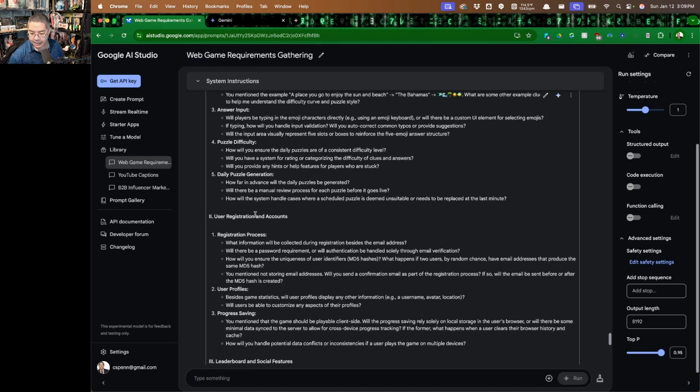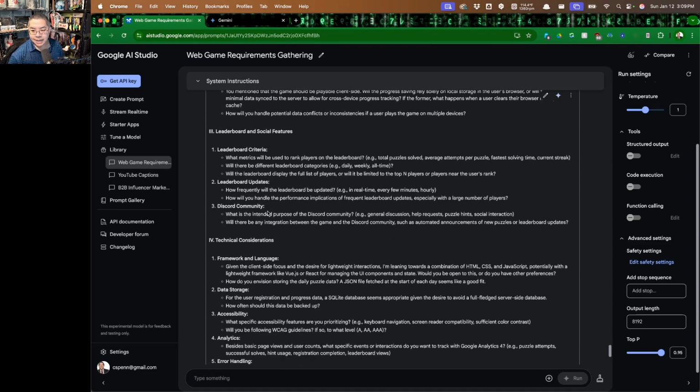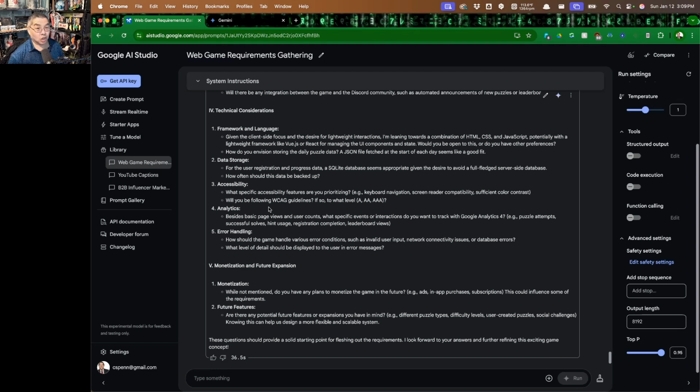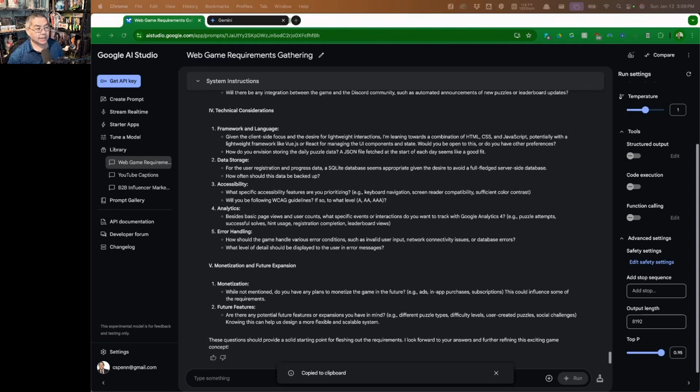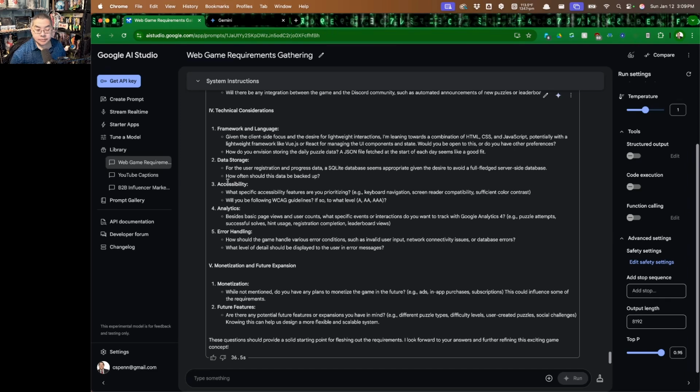Clue structure, answer input. What we've got here is a long series of questions. So what I would do at this point, and what I will do at this point, is take all this stuff, put it into a text document, and start answering these questions, because this is going to be a lot of work. Now, what I could do, and what I might do, is instead of sitting here and typing all this out, open my voice app and talk this through and see if I can give the answers that way. That might be a slightly more efficient way of doing that.